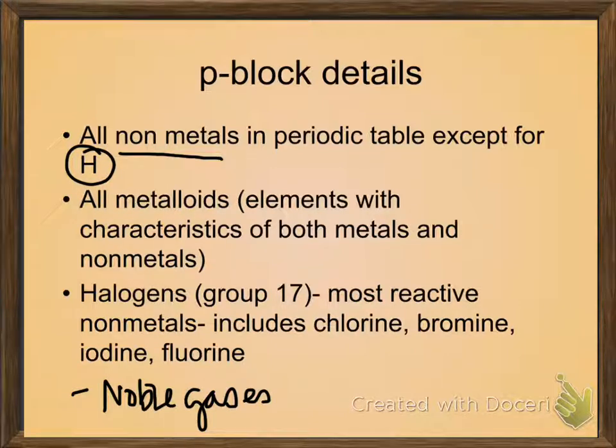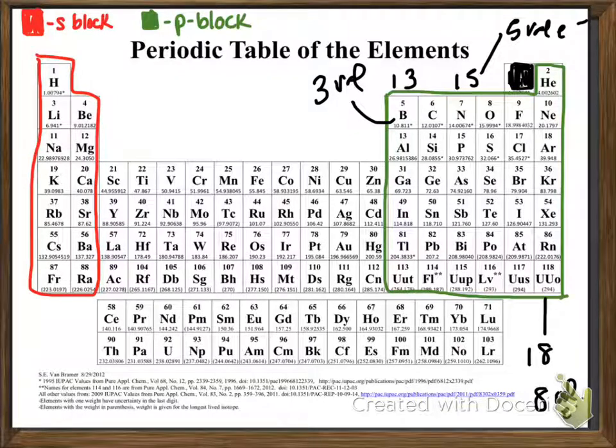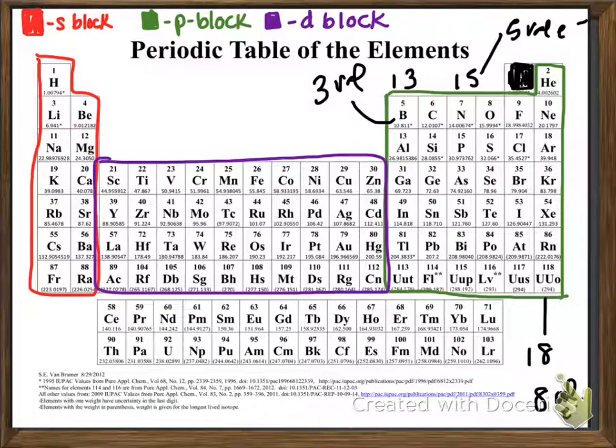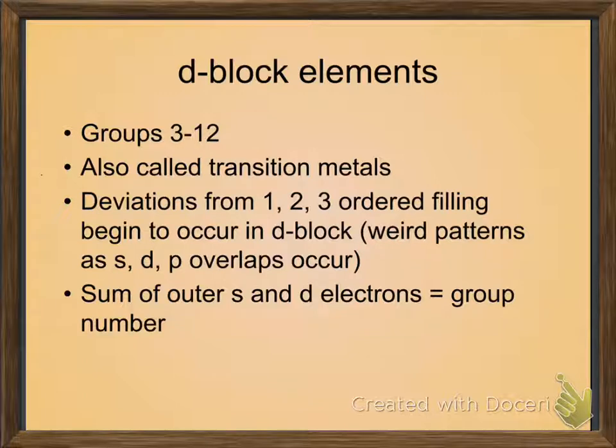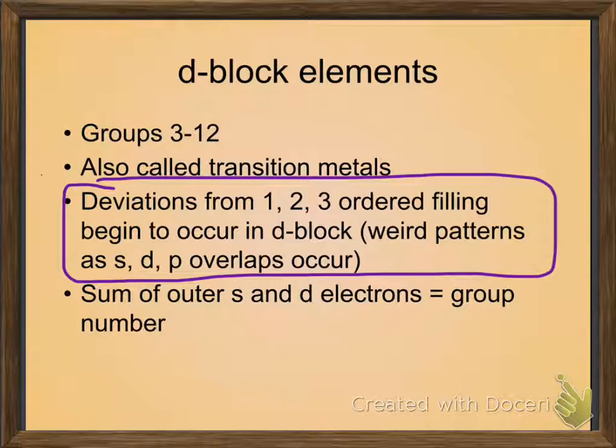Okay, so we've got the S, we've got the P. We have some rules for each. Get another color because we've got the D block. Ah, the D block. These are the things that when any mortal human would look at them, they would immediately think, ooh, that's a metal. So the D block elements are groups 3 through 12, and they're so called because they're filling in the D subshells. They're also called the transition metals, and this is where things start to get a little bit weird, because